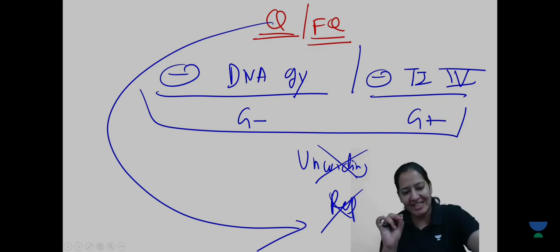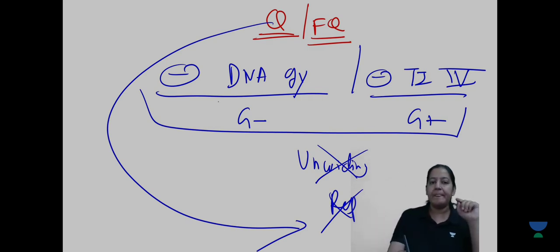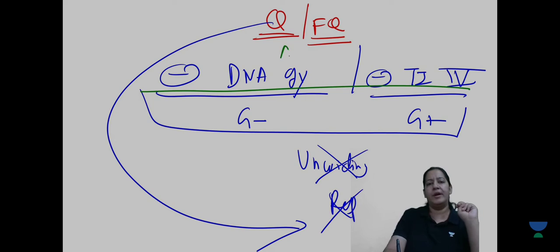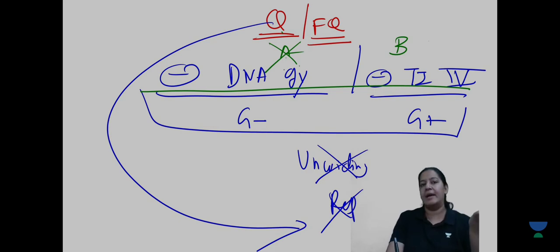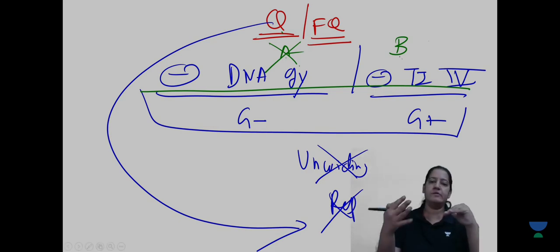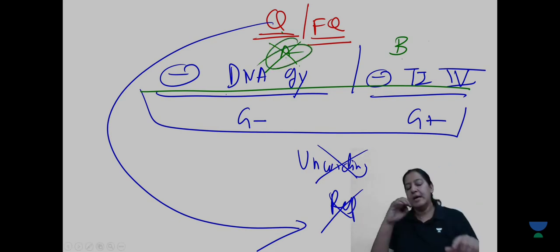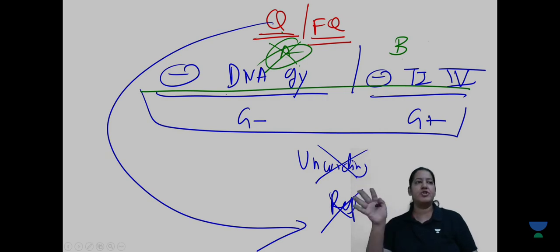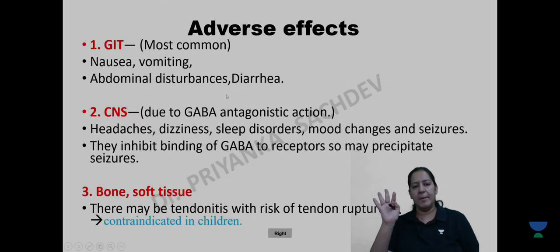And to be very specific, these enzymes have two subunits, unit A and unit B. So quinolones inhibit unit A, not unit B. And unit A is required for cutting and sealing. And unit B is causing negative supercoiling, but they inhibit unit A, not B. So that is the summary. Everyone give me a thumbs up. Kishore, Amar, have you got it? Saman, have you got it? So shall I proceed ahead?